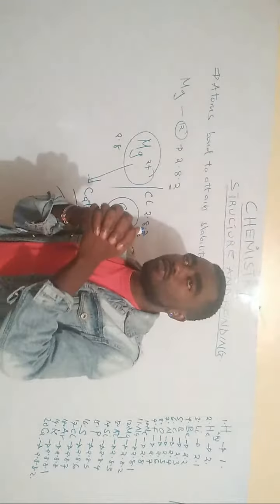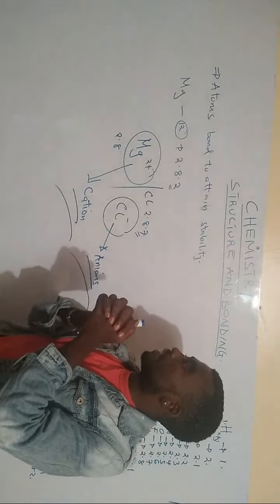So still we are in this topic. We have not started the topic on bonding yet. Atoms bond to be stable. If we bond magnesium and chlorine together, we get a compound. And what is a compound? A compound is a substance formed when elements chemically combine together. Chemically combine together. So if we are to combine magnesium with chlorine,